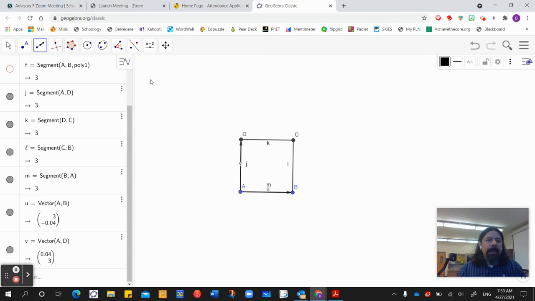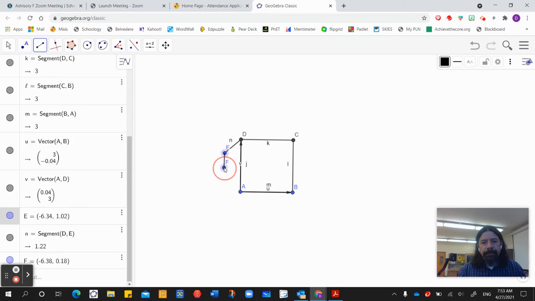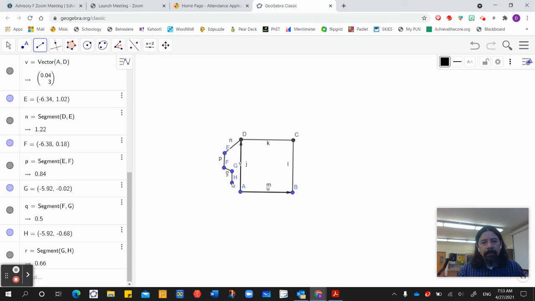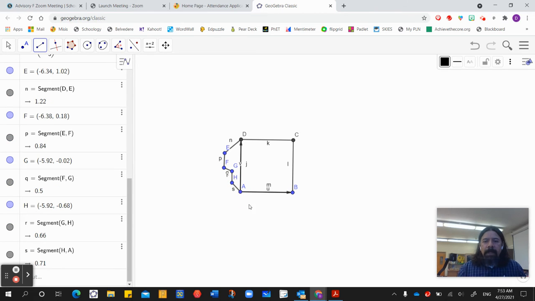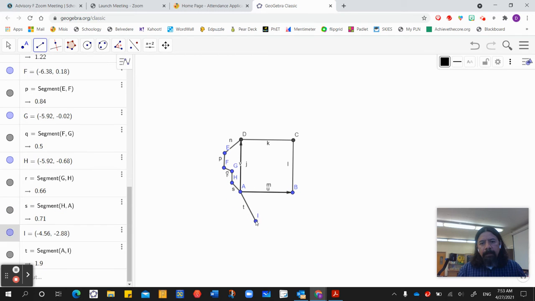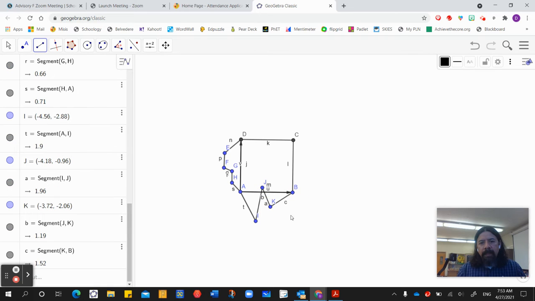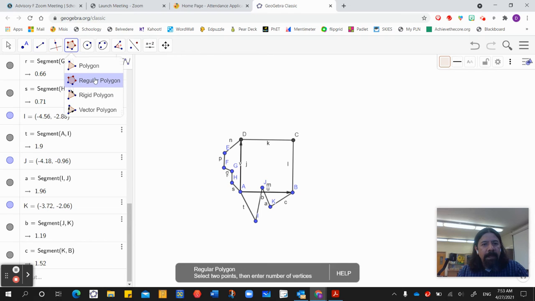Okay? Then what I'll do is I'm going to add a segment here, and then I'm going to do one down here. The design is completely yours. You can even attempt this with a curve, similar to how we did last week. And then what you do is once you have that,